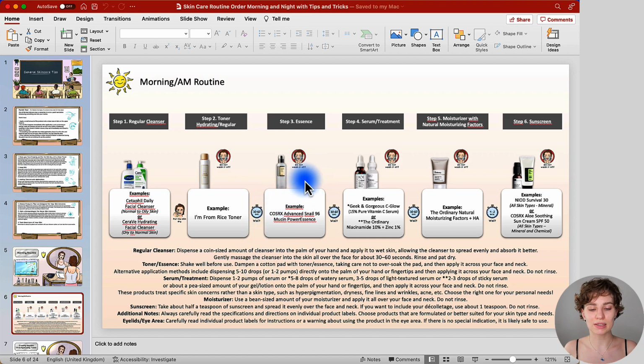Once you have applied your essence, you're going to leave it on the skin. There's no need to wash it off. And then again, wait for it to absorb before moving on to the next step. When it comes to serums and treatments, I've picked now 2 serums which have a different texture. Based on that, you can see in the general guide, I've made a little star right there so that you can see to what it would apply with the examples I mentioned above, based on the texture.